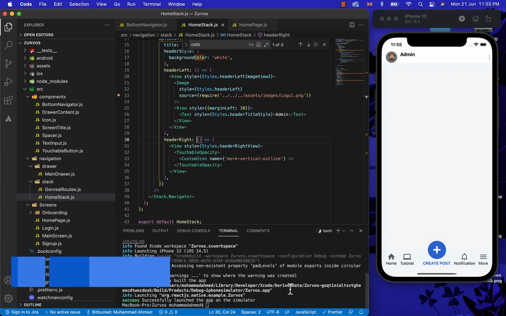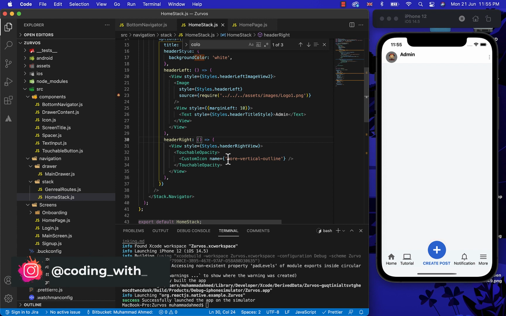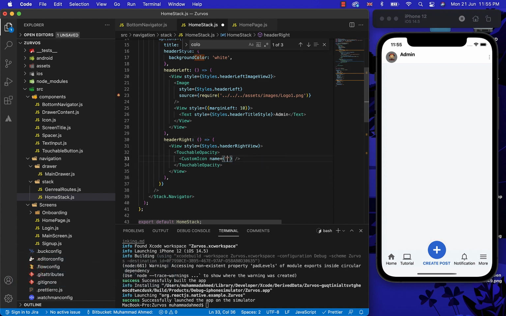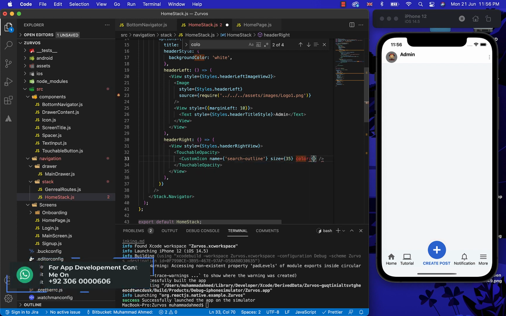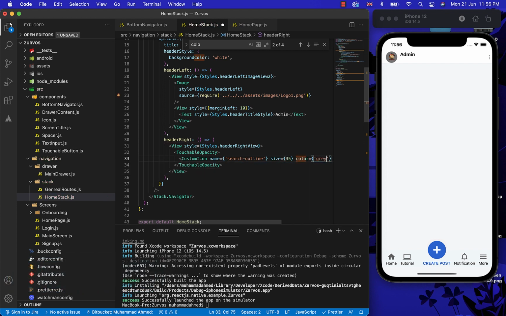Let's just also add a search icon on the right header too. You can see the search icon on the right header.